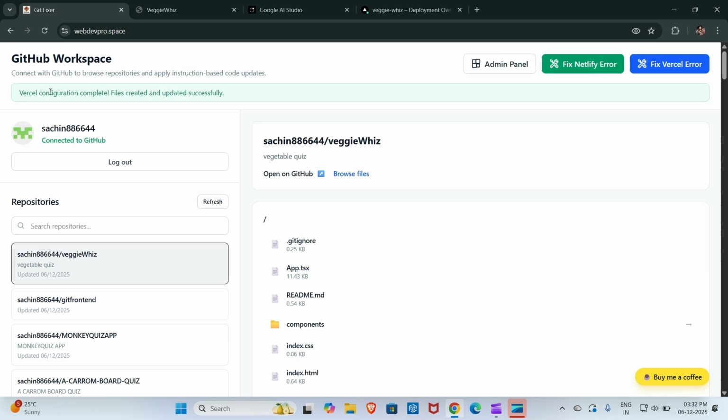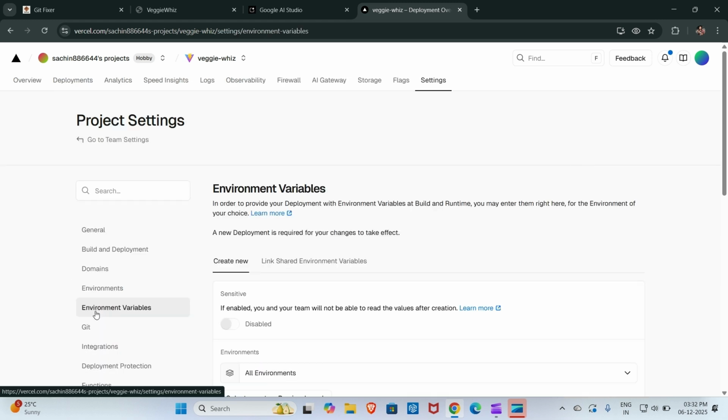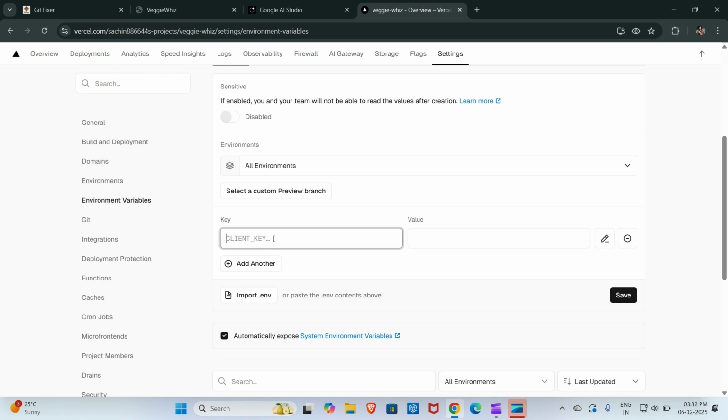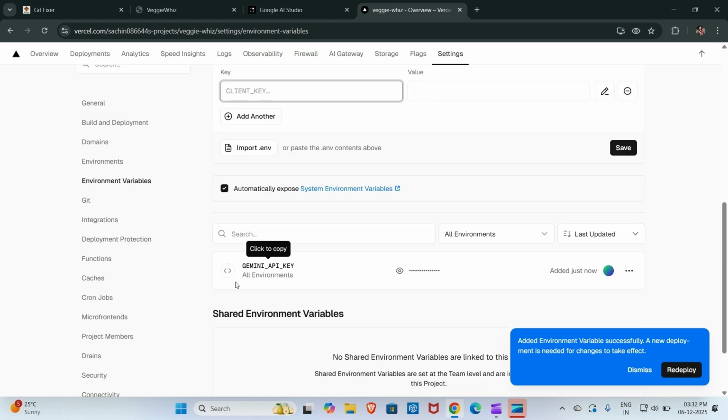So I have successfully fixed the problem, and now I will click here. I will click here on production, and then click here on environment variable, and then click here on Gemini API key, and then you have to put your Gemini API key here, and then click here on save. And once it is saved, you can see your Gemini API key is here, and then you have to click